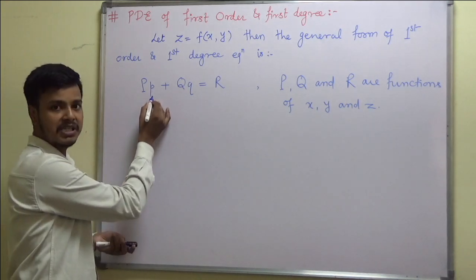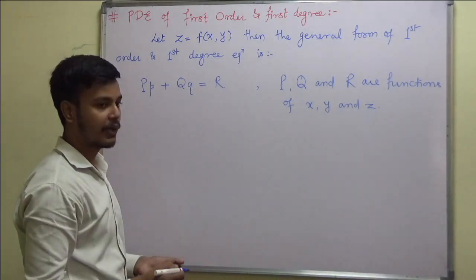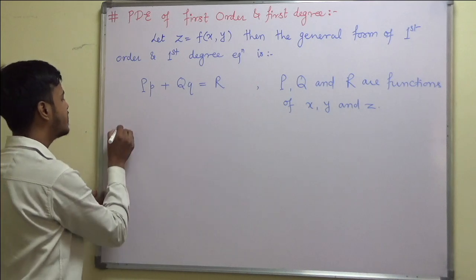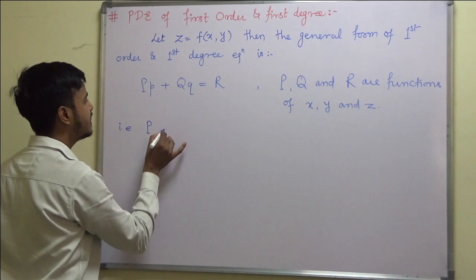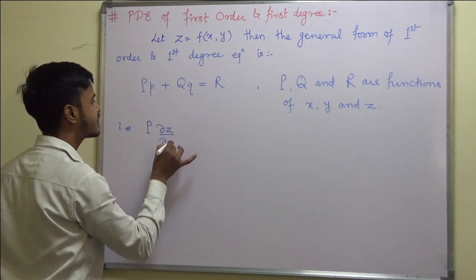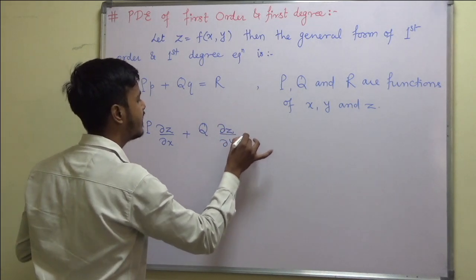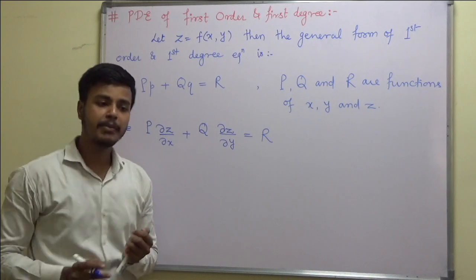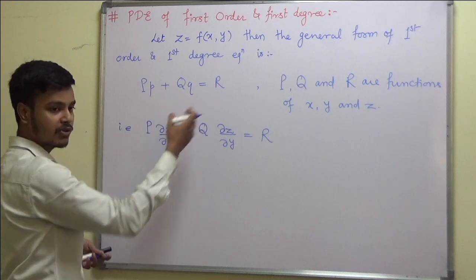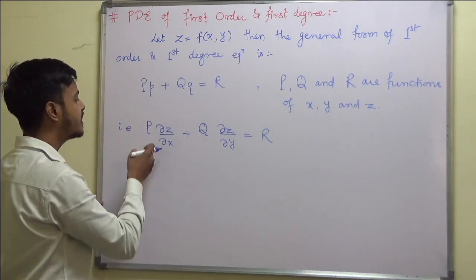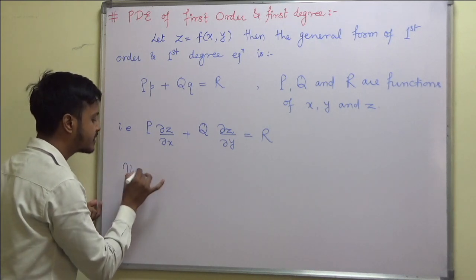And this is known to you. What is this small p? This p stands for del z by del x. This q stands for del z by del y. Now this can also be written as P del z by del x plus Q del z by del y is equal to R. So the same equation can also be written like this, and this equation Pp plus Qq is equal to R, or the equation of the form P del z by del x plus Q del z by del y equal to R, this is known as